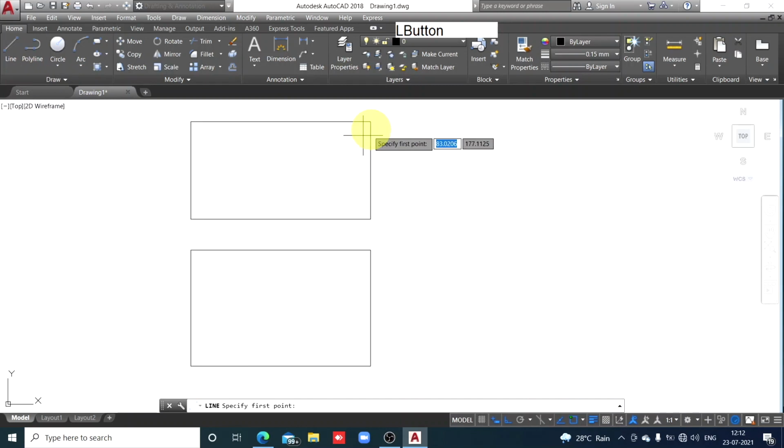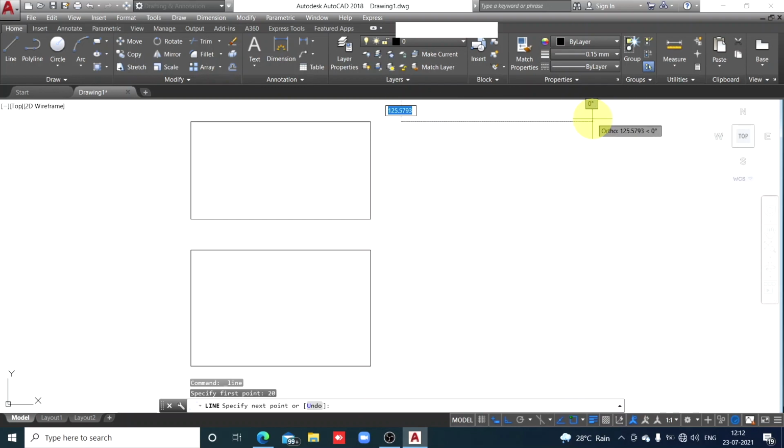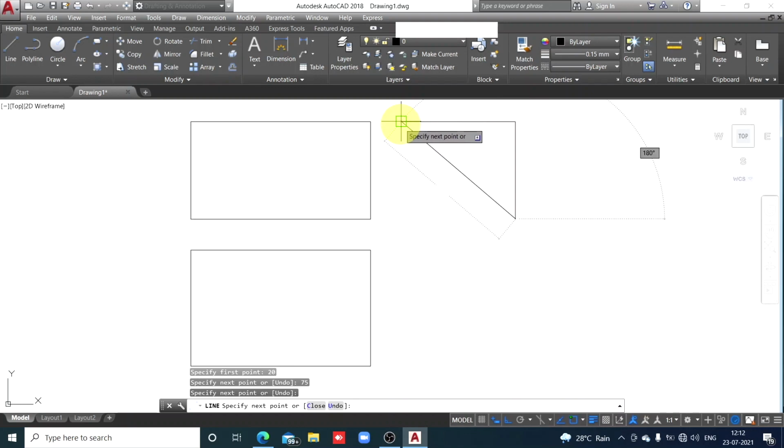Now click on the line, track the highest point, take the cursor on the right side, 20 millimeter, enter. So this is the start point of the line and width horizontally in the side view, 75, enter. Then height, I'll track this point directly in this manner. Then I'll track the top point. So this is how I've completed the rectangles.